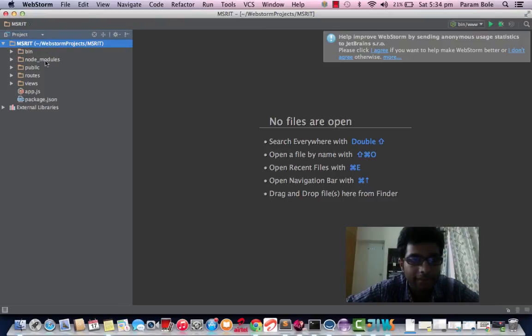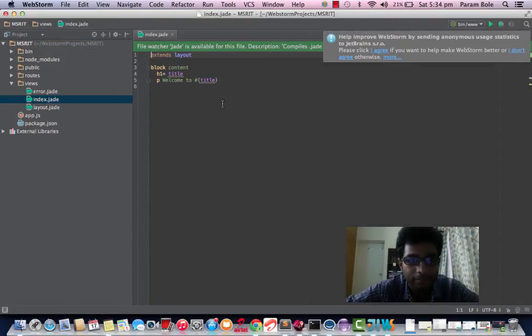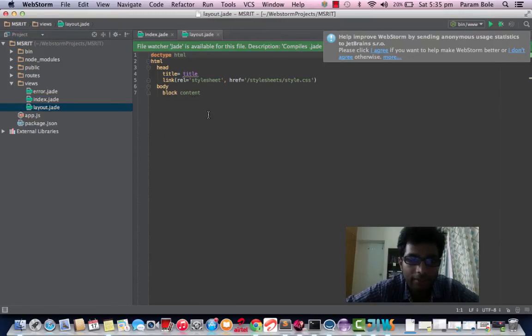So now you can see we have the basic Express structure, which is divided into three things. We have views, we have routes, and we are going to have one more thing known as models. So views is where your template is stored. So this is the index template. This is the basic Jade layout, which is like having classes and inheriting those classes. So you are going to say I have layout. This is the basic thing which has your HTML document, and you're going to extend that in index